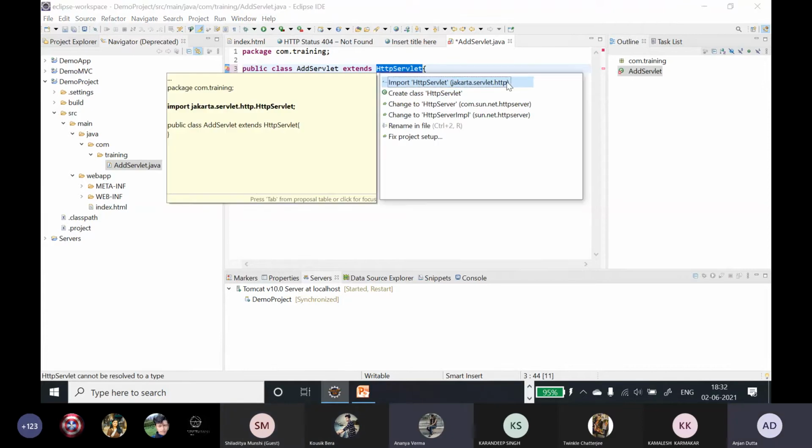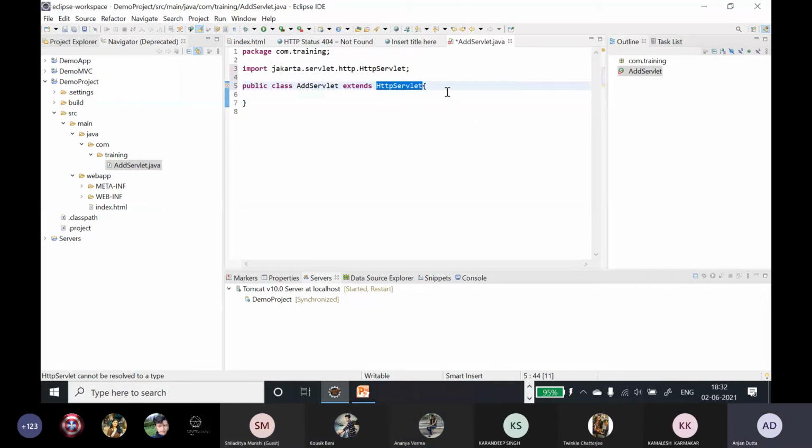Let's import this package. Okay. So now there is a service method. Everything, whatever operation we have to do, we have to write it inside the service method. Okay. That service method is actually